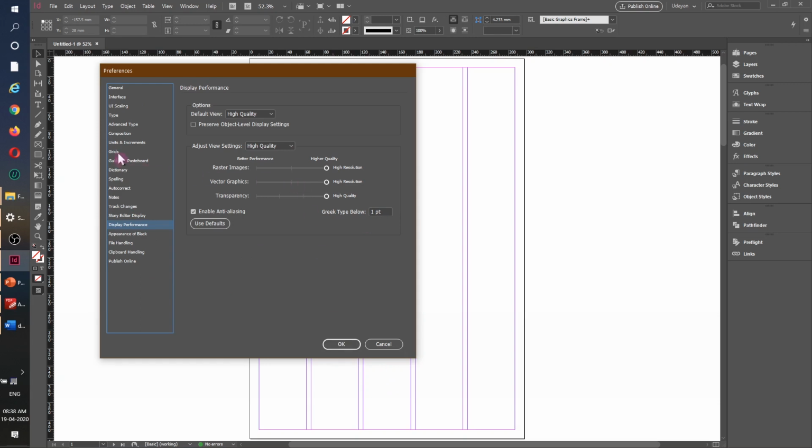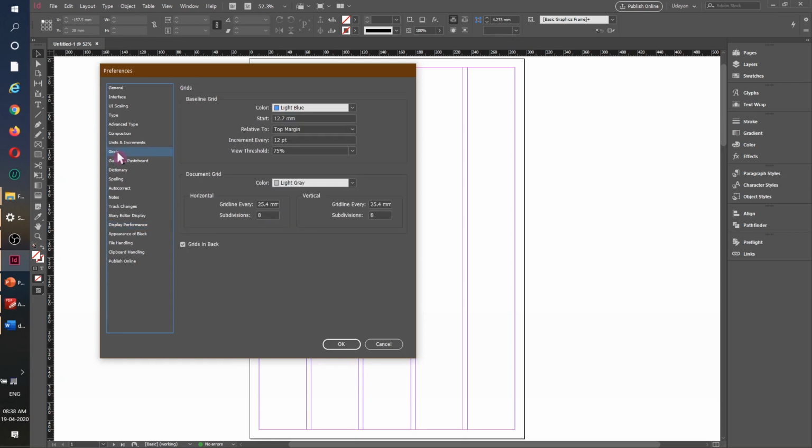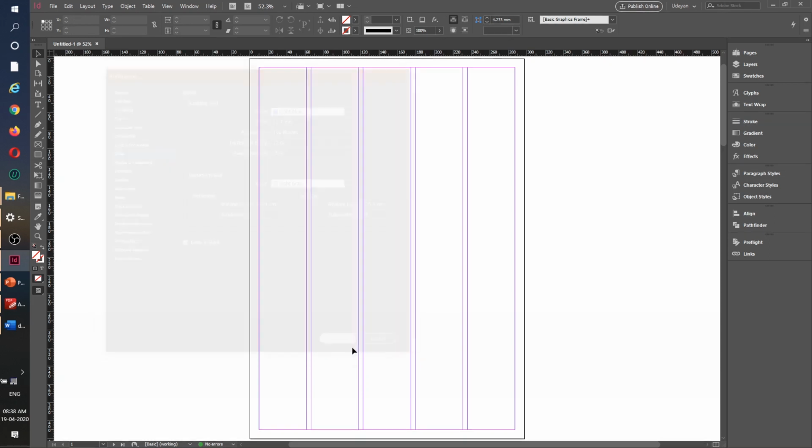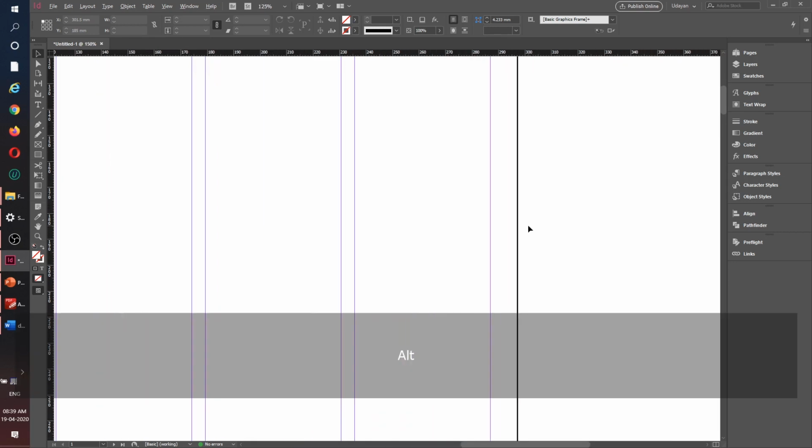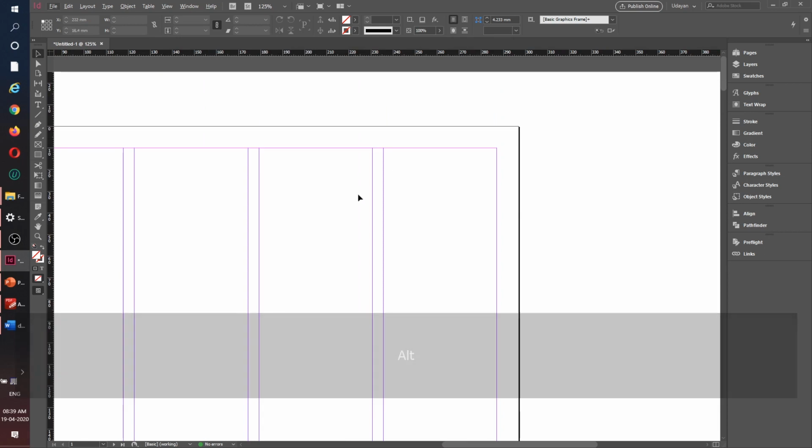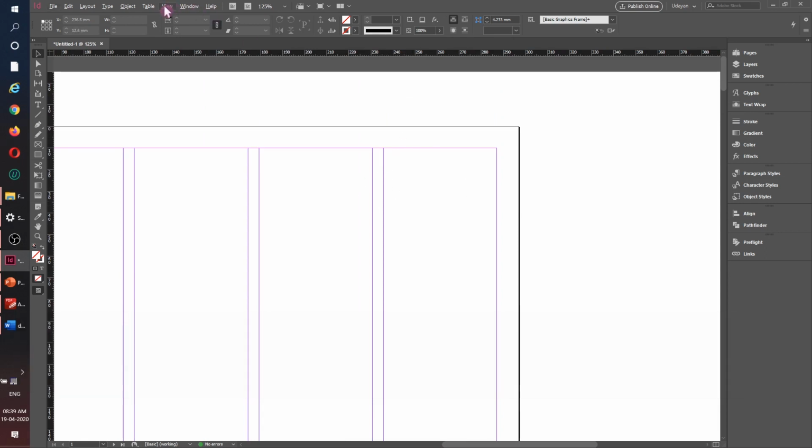Mind it, once we are making sure that everything is fine, I will come to grid and change this baseline value. So I will hit OK first. And as of now, I can't see the baseline because our zoom is 52% and we have set it that it will only be showing baseline once we are above 75%. So let's quickly increase it. So I'm pressing my Alt and scrolling in. So now we are good. We should be able to see the baseline, but still we don't see it because it's not enabled.